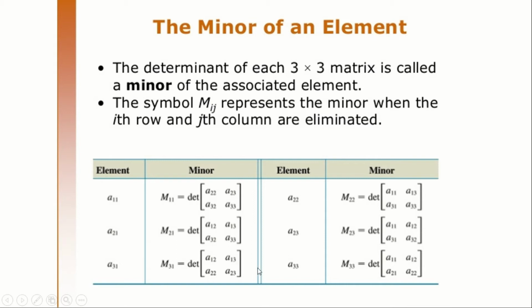And so on, we have to take the minor of each and every element. So A11 is the first element, where the minor of this A11 is M11, which is given by the determinant A22, A23. In the same way, we have to find out for A21, A31, A22, A23, A33, etc. So these are the elements of the rows or columns, whereas the element signified by M will be the minor of this element.